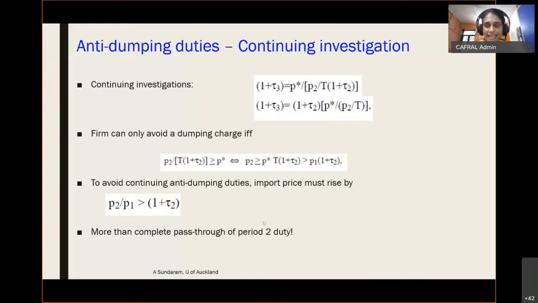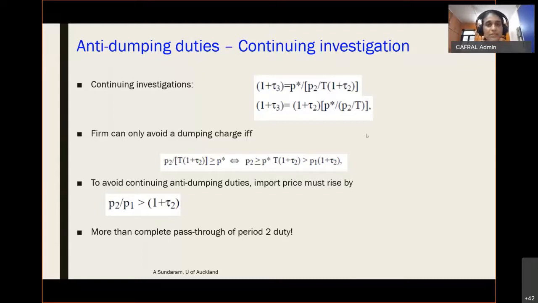So you get this escalating pass-through problem with these continuing investigations, and that can actually have very, very negative welfare impacts, because as I said, everything about welfare impacts of tariffs depends on these terms of trade effects. How much of the burden of the tariff can you shift to the foreigner? That's the whole point. If you can shift a lot of the burden of the tariff to the foreigner, that's good. But here you will get this opposite effect where there's an escalating